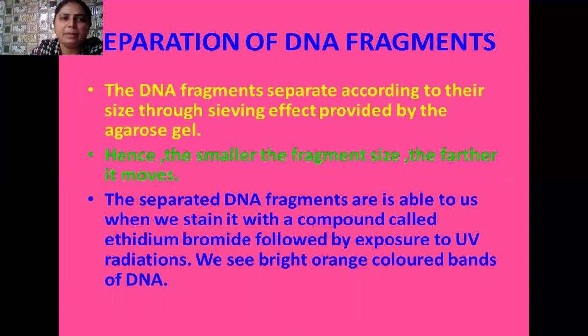Student, here I have written the whole method that is used in agarose gel electrophoresis. We must remember the compound which we add to see the movement of the fragments, that is ethidium bromide, and when we shine ultraviolet radiation, only then is the movement of fragments visible to us. One thing you must write is that the agarose gel has a sieving effect, and because of this, the lighter fragments move faster, whereas the bulky fragments move quite slowly.